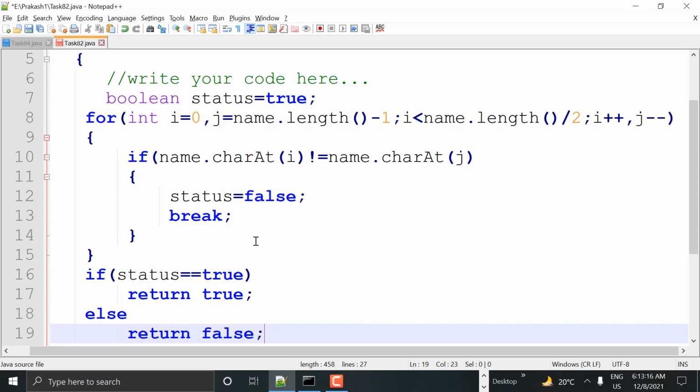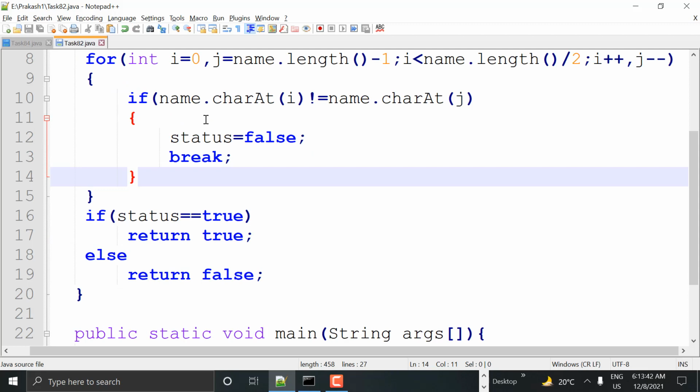So in this way we need to check whether the given string is a palindrome or not, online exam style, in which we haven't reversed the string. In the previous model we took a string in a variable, reversed the string and stored it in another variable, and compared both of them. But in this logic, we are not reversing the string, but still we are checking whether the given string is a palindrome or not.